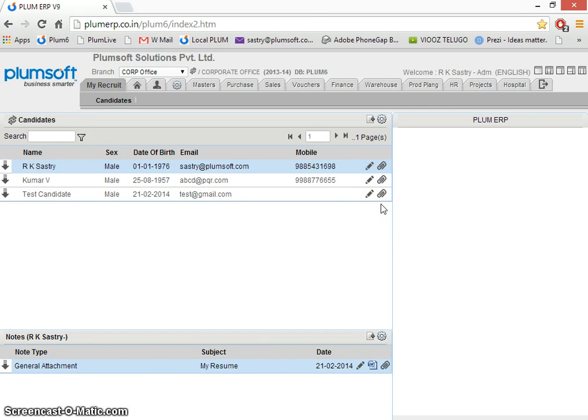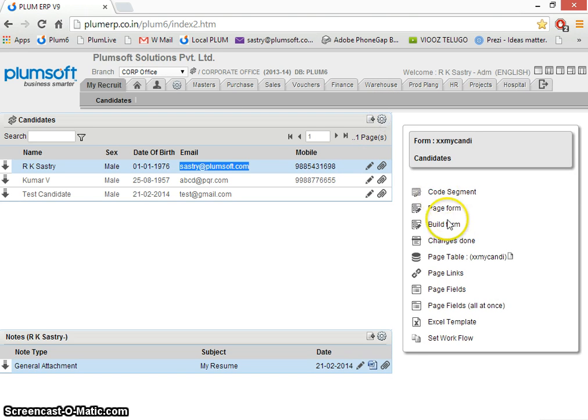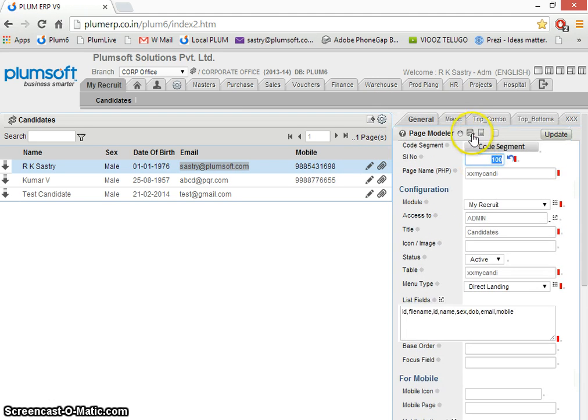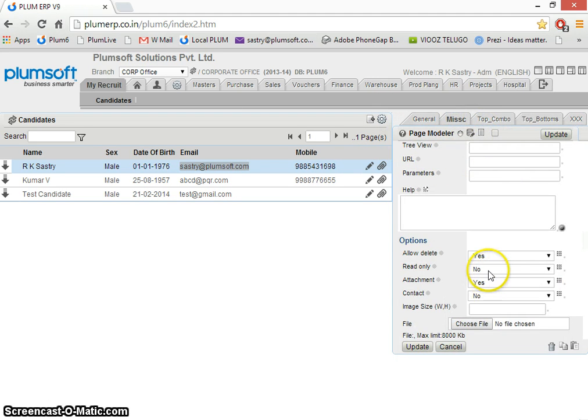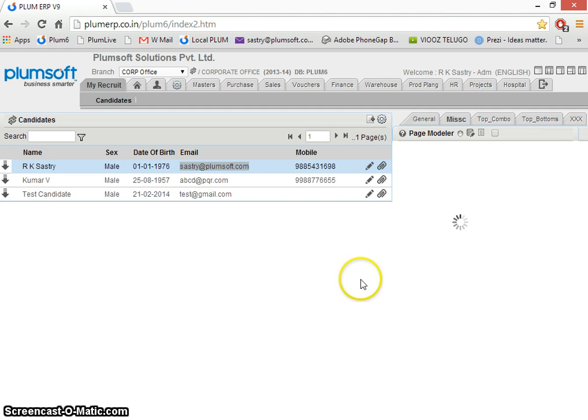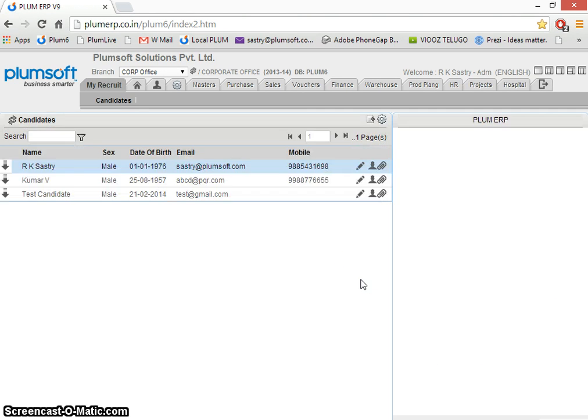Now, how about contacts? What I meant is each person may have contacts or references. So, let us give him the capability to have references. We will say contacts, yes, go ahead, and you will see the contacts symbol has come here.